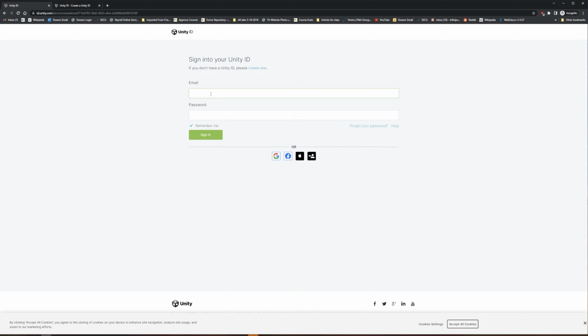It'll ask you if you want to apply to make your account a student account, and you say yes. Then you should be able to click through to install Unity, and you want the education version. The personal version is also free, but I think education, while you are a student, gets you a couple of extra